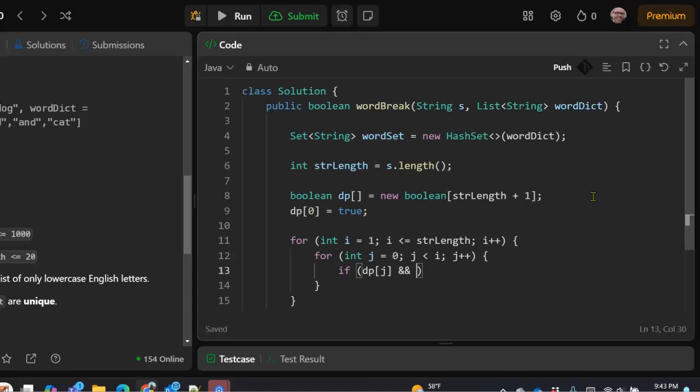And we also want to know if word set contains the substring of s from j to i.